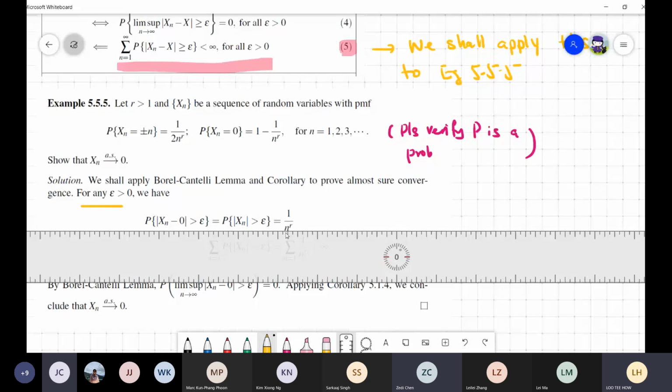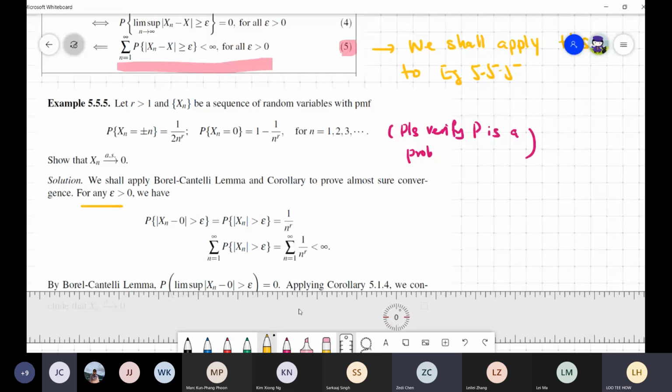The reason is that this actually equals P of